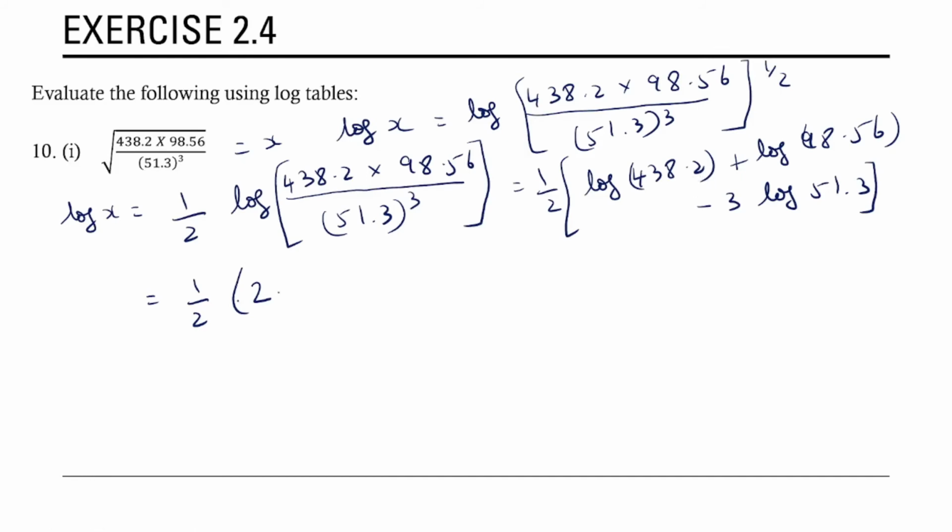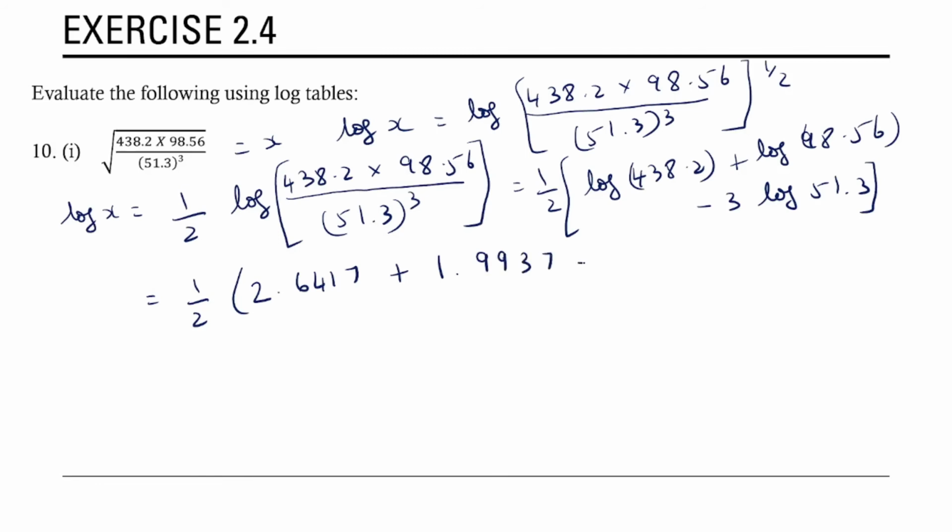So it comes to 6417 plus log 98.56 will be here. The integral part has got 2 digits. So the characteristic is 2 minus 1, which is 1. So log, we have to see row number 98, column number 5, and add the mean difference corresponding to column number 6. So it comes to